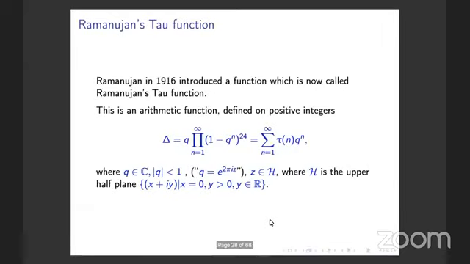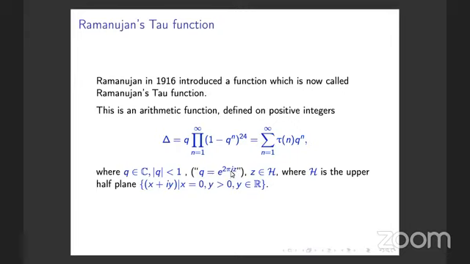And this is Ramanujan's tau function. To define it, first consider this quantity. Let me just call it delta. That is this crazy looking infinite product. I'll explain each of the terms here. Q is e to the power 2 pi i z. We all know Euler's formula: e to the power i theta is cos theta plus i sine theta.